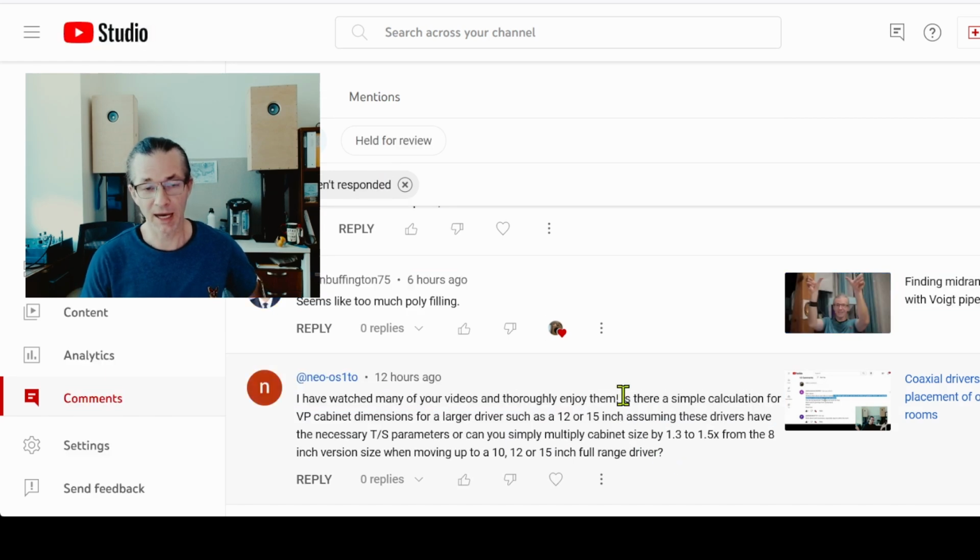Because the Voigt pipe cabinet was designed and invented for an 8-inch driver. If you are going smaller or bigger than that, you are pushing it, and it's not going to be as effective as the Voigt pipe cabinet for an 8-inch driver. You have to start tweaking it around, and you are going into, I would say, not unknown areas, because there's